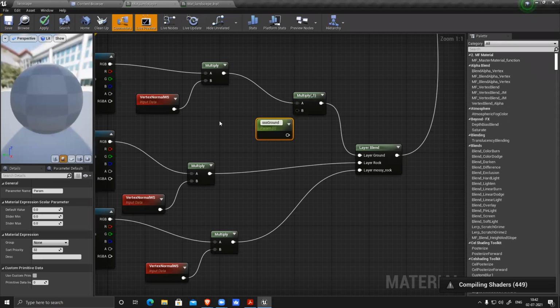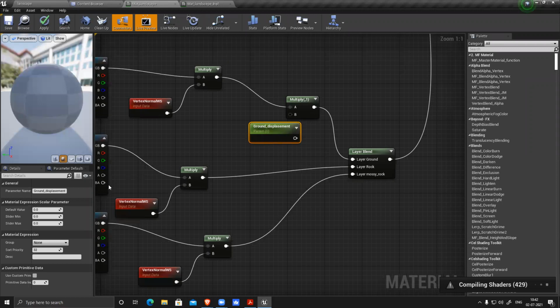Ground underscore displacement. And by default value, I can give 1, or maybe I can make it 0.